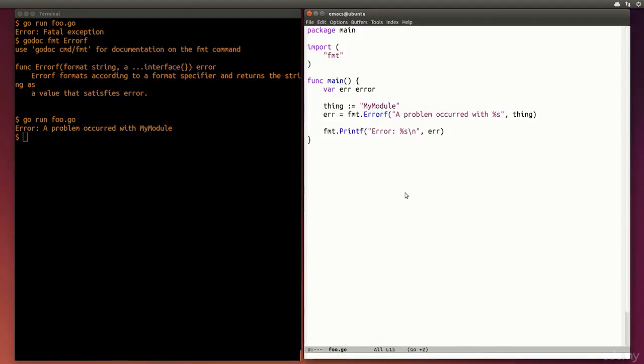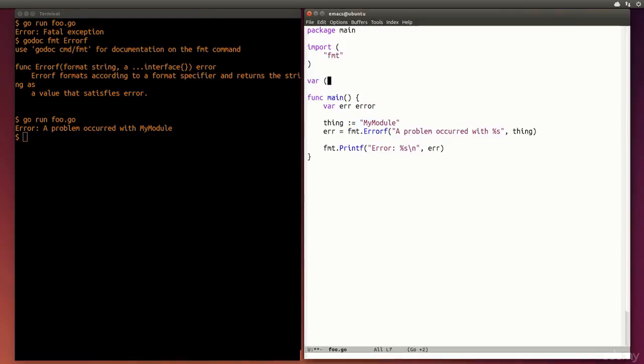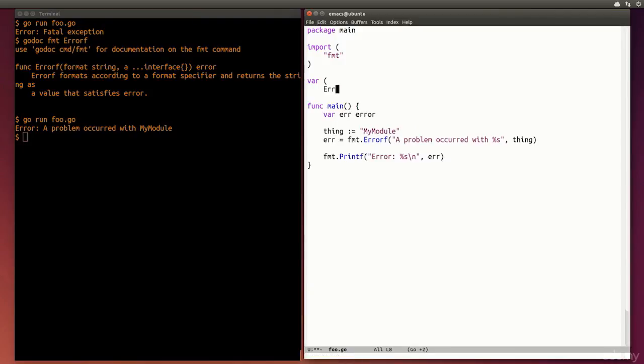So that gives you a way to create an error string. That's great if you want to pass around just a string and you don't need the rest of your program to know what type of error it is, but sometimes it's handy to know the type of error, and the simplest way to do that within one of your packages is to declare something. So we could say ErrBadStartup. Let's say something failed on startup, and then just do it within here. We go errors.New, failed to start correctly, and then obviously that thing is an error. I need the errors package again,